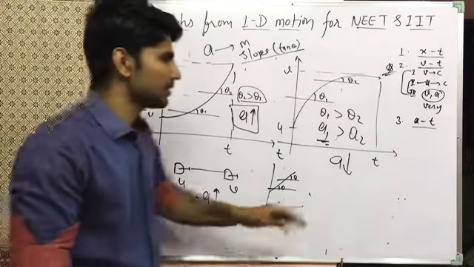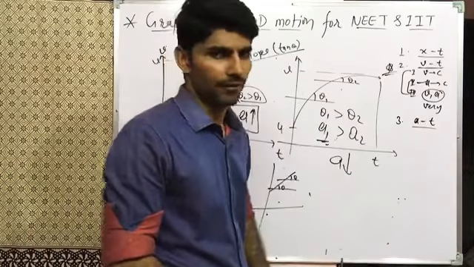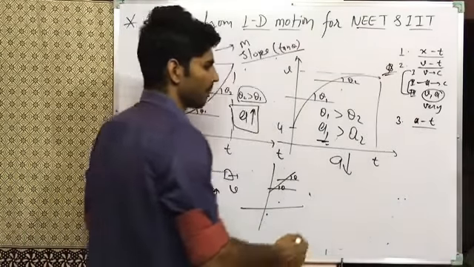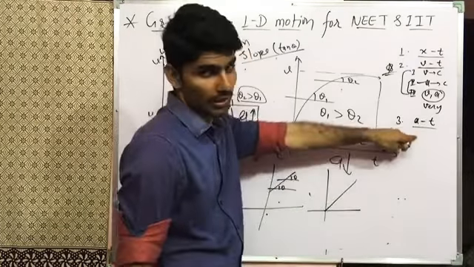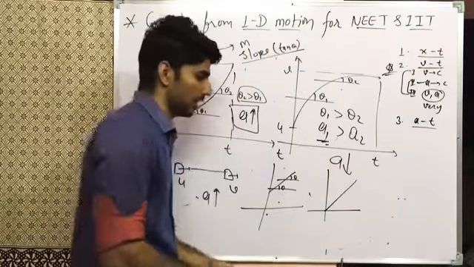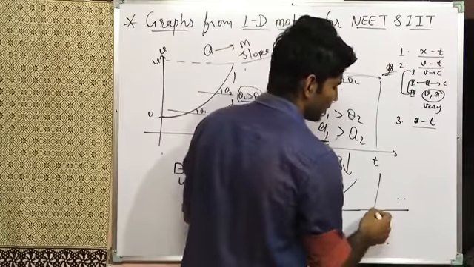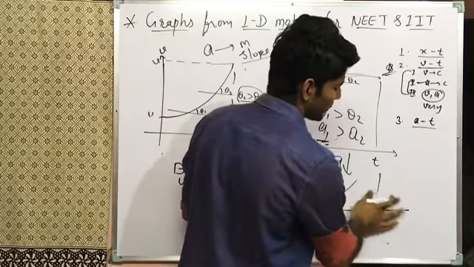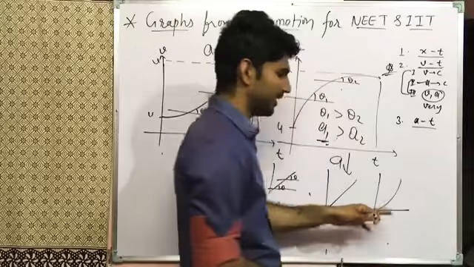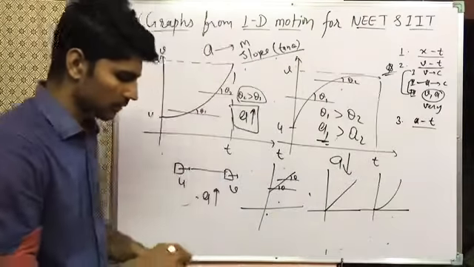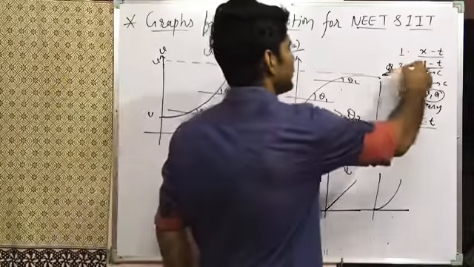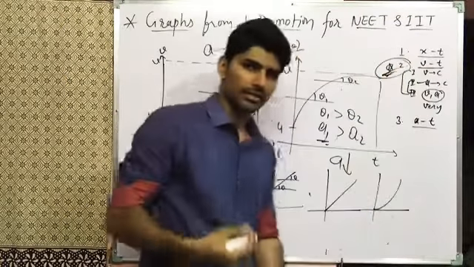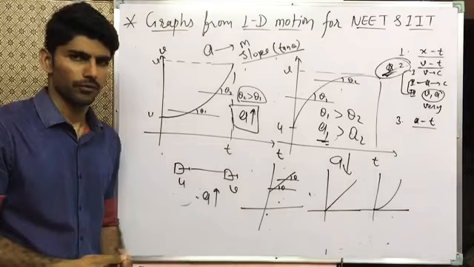And in the third case, the acceleration time graph, if the acceleration is changing, we can draw it in this manner. If the acceleration varies with time, and the rate of acceleration varies, then we can derive it further, which we need to discuss going forward. But there are four cases related to velocity which are very important, which we have discussed in this video, and we wind up our video here